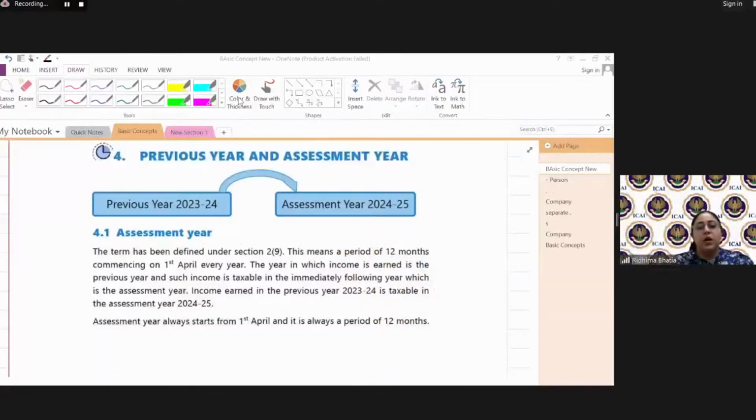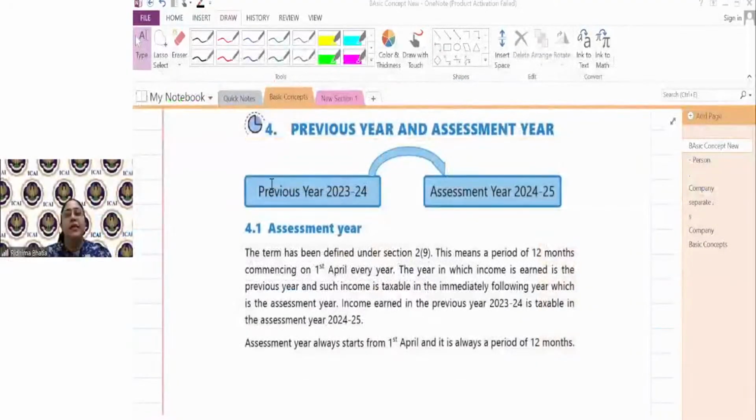Chalo. So now we start the topics previous year and assessment year. Now this should have been concluded in the last class, but no problem. Now these two concepts, before we proceed to that, we should understand